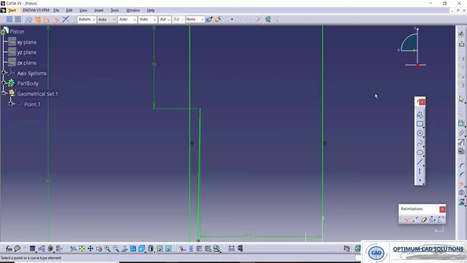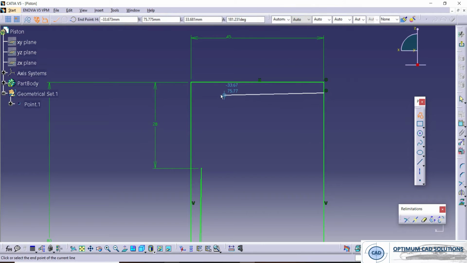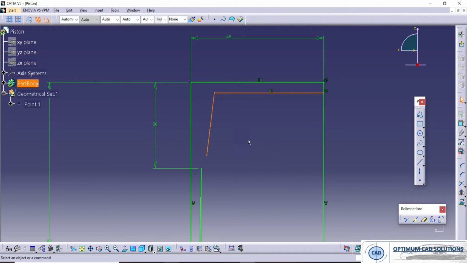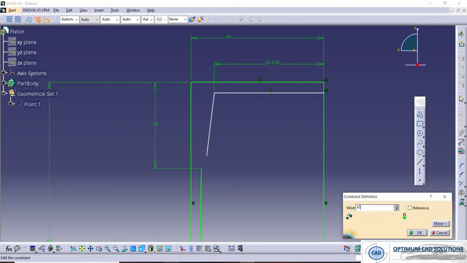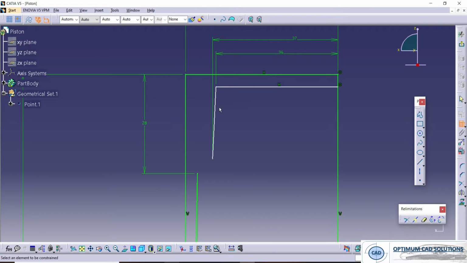So let's draw. 72 divided by 2, and this is 74 divided by 2. This point is 9 mm from the top surface and this is 15 mm.